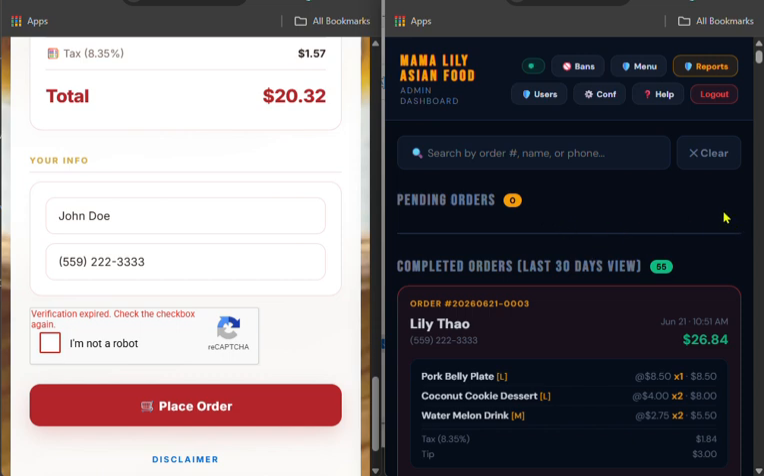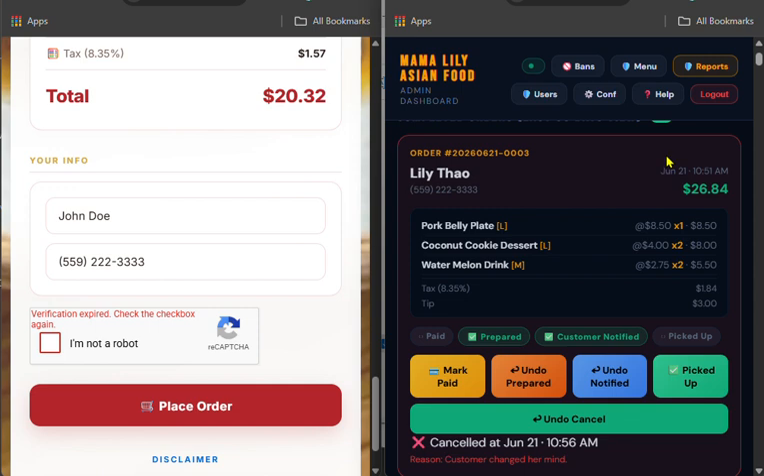Even so, if you do see a customer bypassing that and getting around it, you can always cancel the order and mark them. You can also ban their phone number. If they're using just one phone number, you can use the ban here. You can ban that phone number, so it won't let them order anything else from that particular phone number anymore. So it's a way to stop spam orders